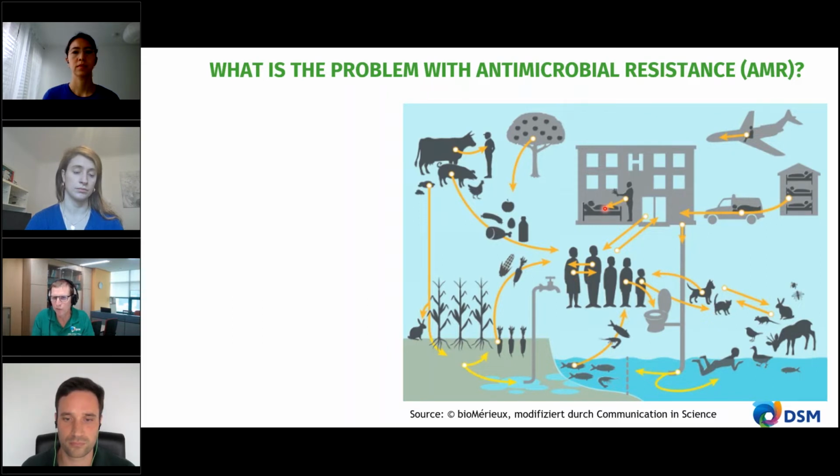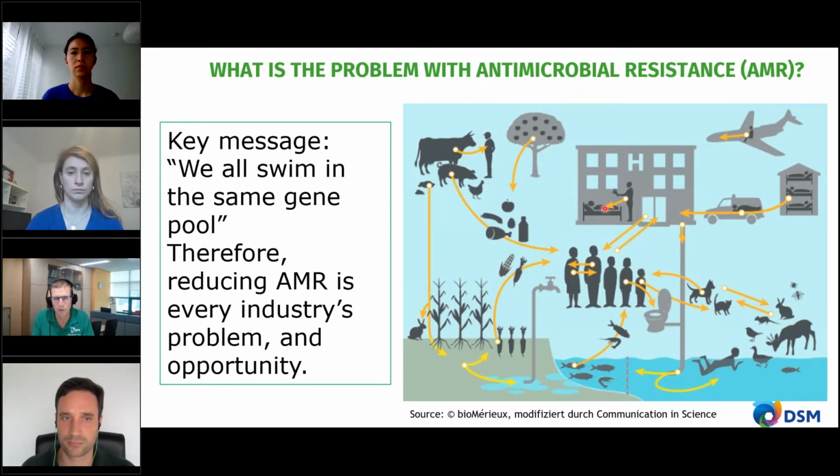Similarly, if we have sick animals, we would like to be able to treat our animals with antimicrobials to get them healthy as well. And we want to preserve our antimicrobials to do that. And this is what's at heart of our antimicrobial reduction. We want to have the prudent use of antimicrobials, and we know that we can preserve their activity for as long as possible. Because at the end of the day, there's not large pharmaceutical companies investing in antibiotics because resistance becomes developed quite quickly.